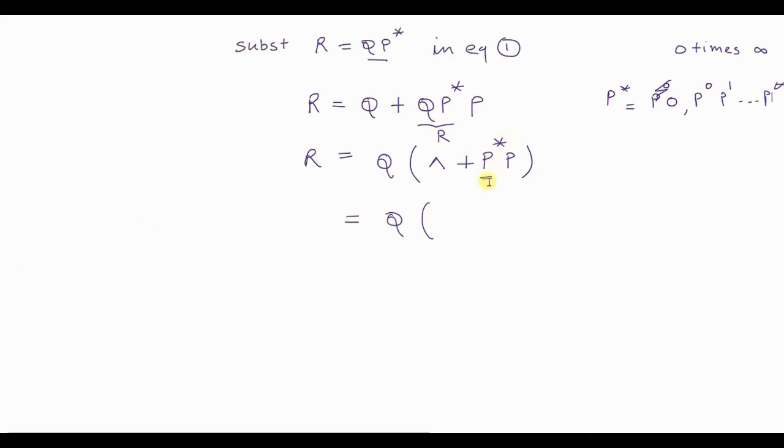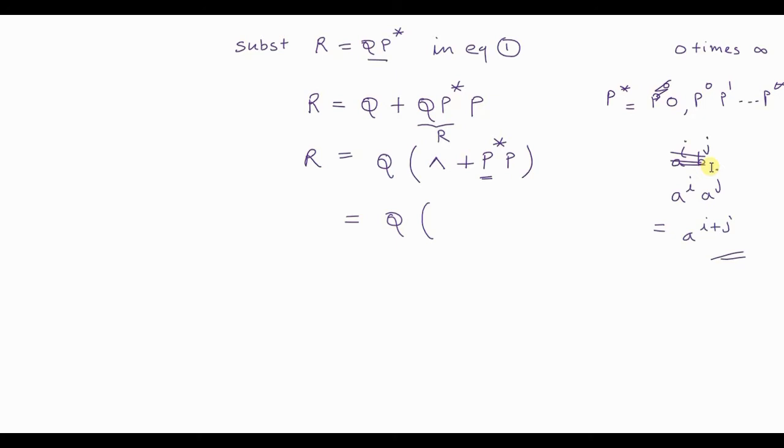What is P star? P star simply means P can be repeated 0 times or more times. How many more times? Infinite number of times. Now suppose infinity plus 1 number of times, there is another P, one more repetition, the extra P. So then P star and P, it would be what? Roughly, mathematics tells you that if you have A raised to I and A raised to J, this can be written as A raised to I plus J,